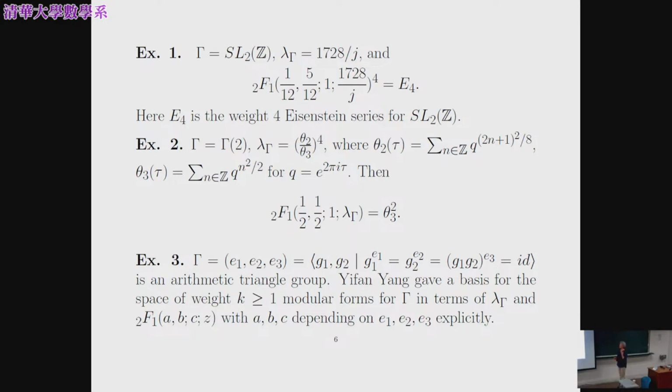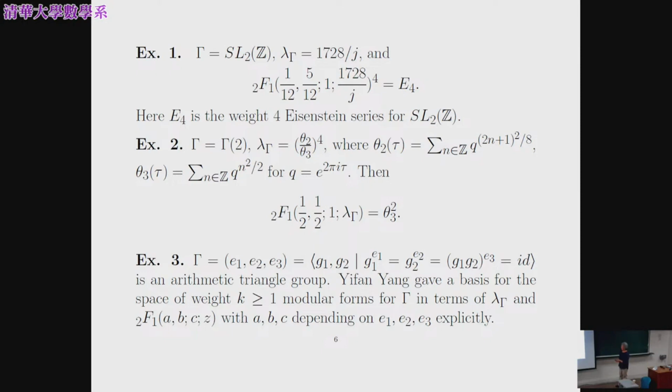So superficially, that's a form of weight 1, but we know that SL2Z doesn't have a form of weight 1, so we take the fourth power, then this is a legitimate relationship. Okay. And the second example is where gamma is equal to gamma of 2, and the standard parameter, this